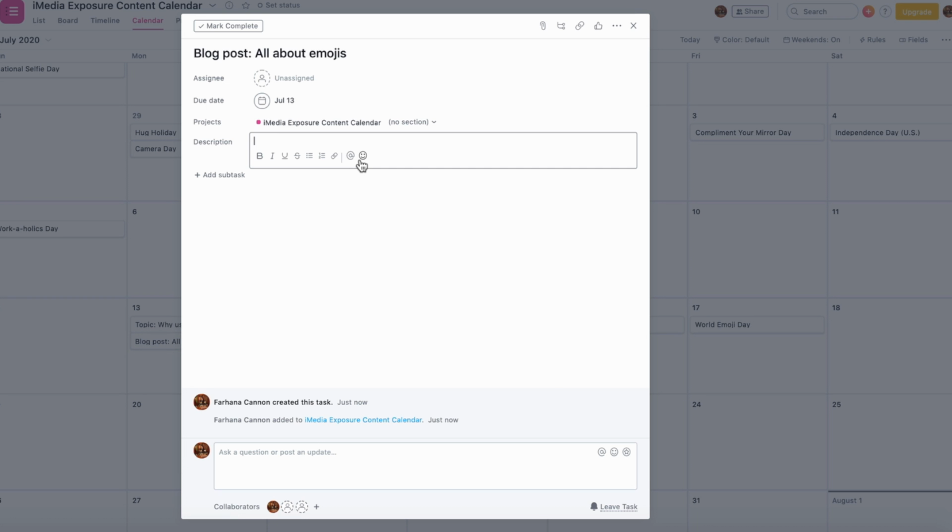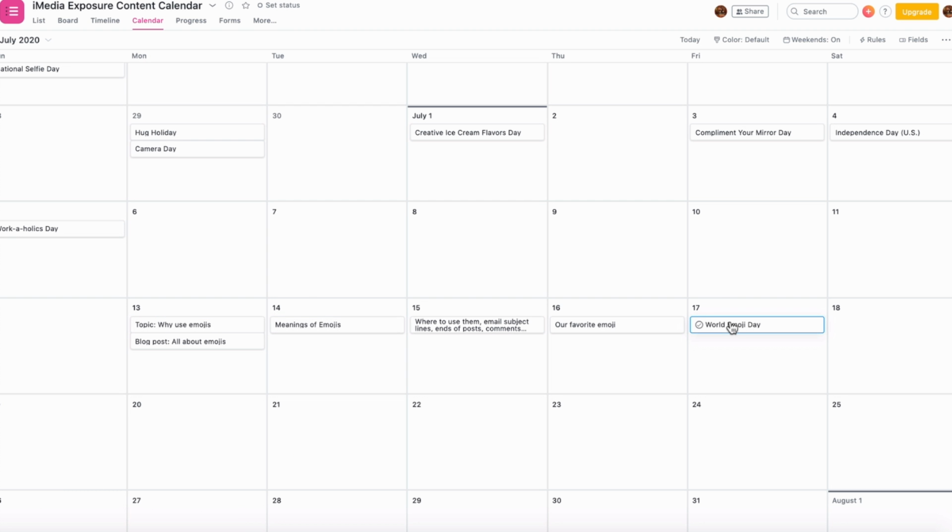And then the details could be why use them, where to use them, what are the most used, our favorites. So now that World Emoji Day turns into a whole week of us talking about emojis, and it gives us the topic of a blog post.